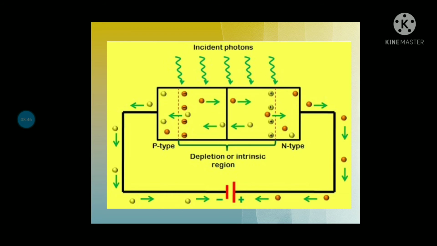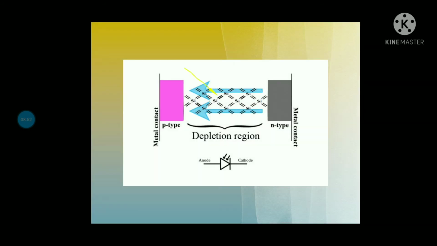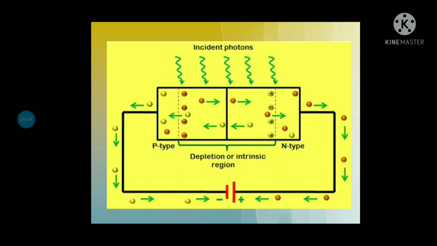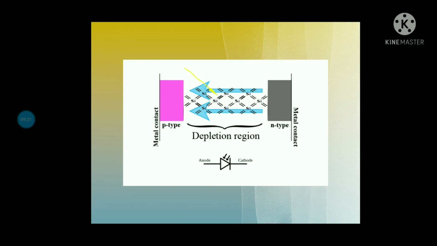Okay, so here as soon as light falls on the diode, as you can see in this image, holes and electrons are generated. You know very well that electrons are going to pass towards the cathode and the holes are going to move towards the P type. You can see here, holes are passed to the P type and electrons are passed to the N type. As soon as light falls on the diode, a depletion region is generated.